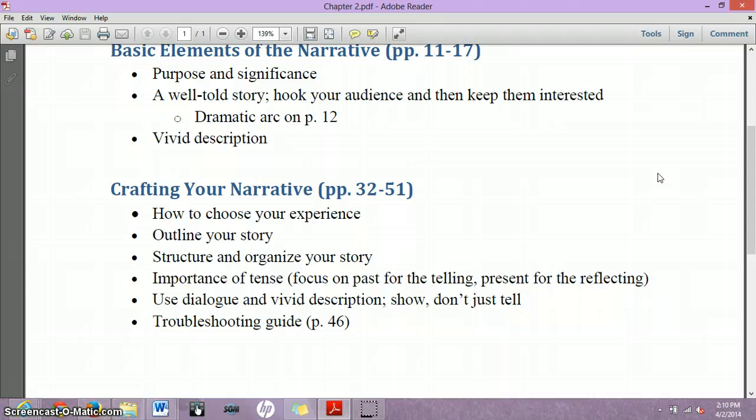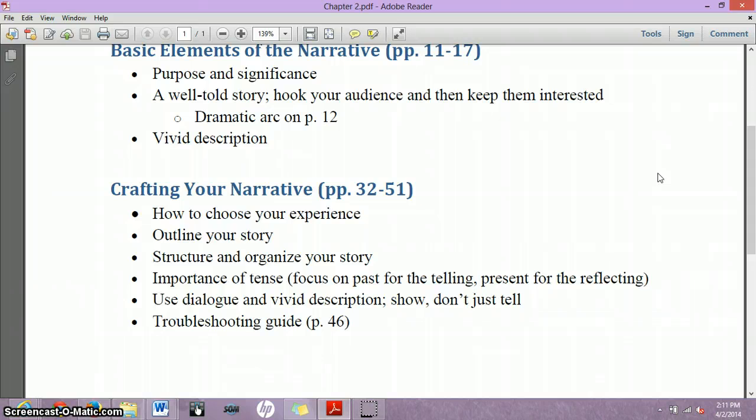So, of course, you have to start with how to choose the experience you want to talk about. And I think it really goes back to the significance. What is your reader going to care about that you have to share? And what stories do you have that you can provide the most information and the most detail and, again, the most significance, purpose, and reflection on? It's got to be a good experience. It needs to have some tension, some drama,